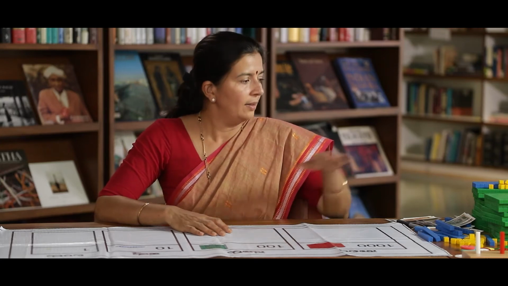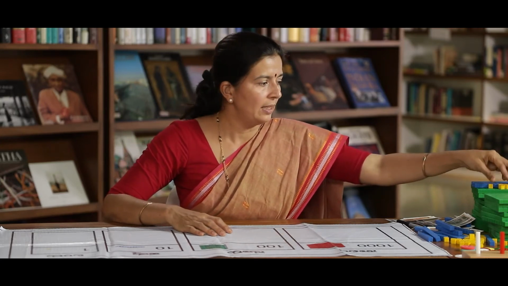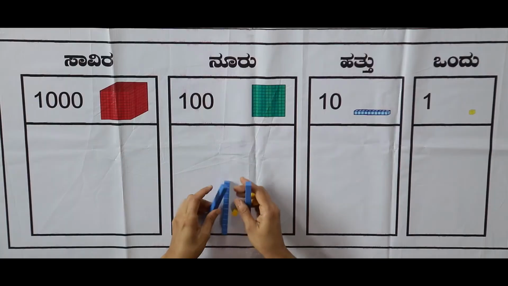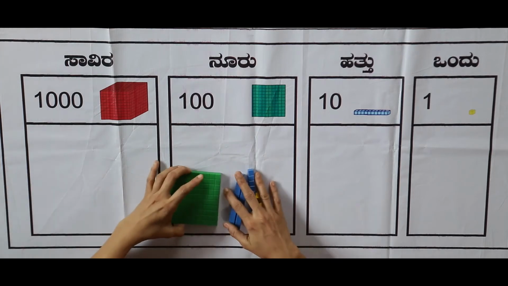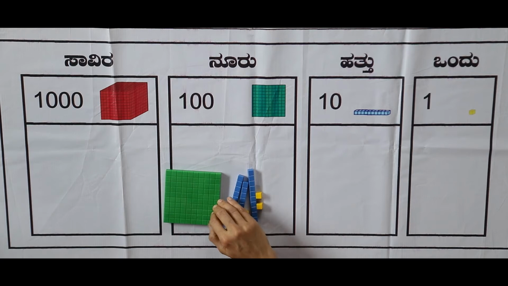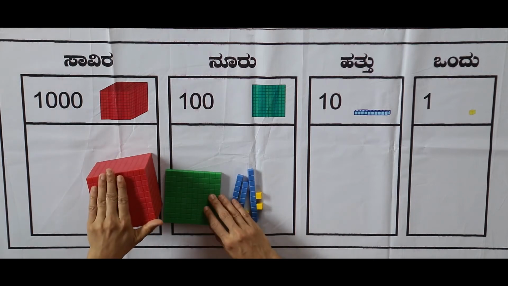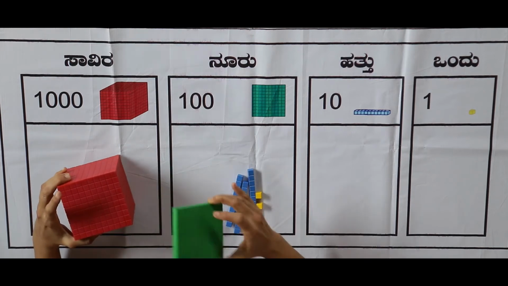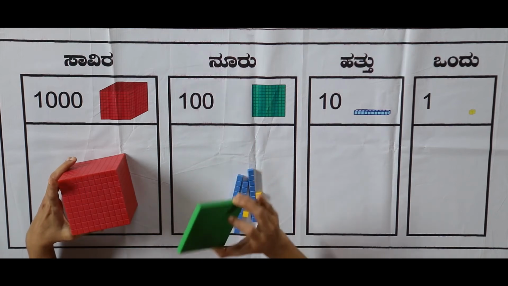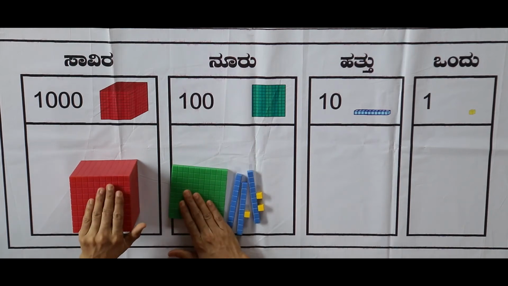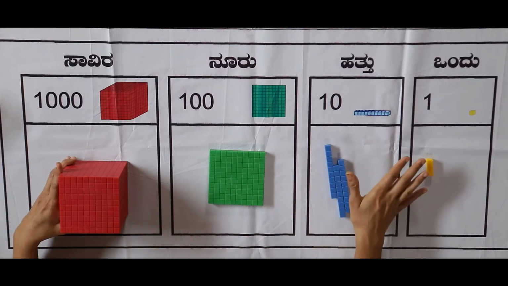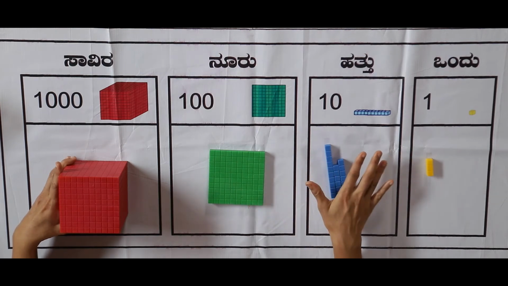In the TLMs that we saw so far, base 10 block, please note, yellow cubes are there and blue rods, green plate for 100, and for 1000, 1 cube. We have only 1 cube in the kit. There are 20 hundreds, 20 green plates. Therefore, using these TLMs, we can use this kit for counting up to 1999.